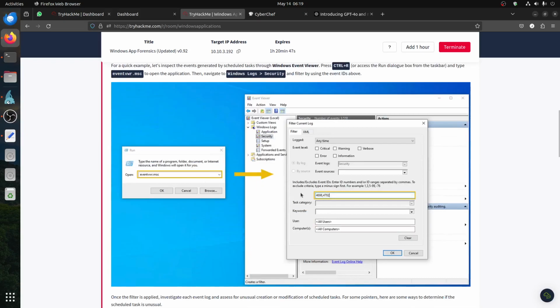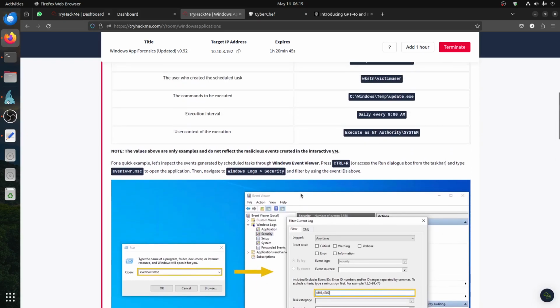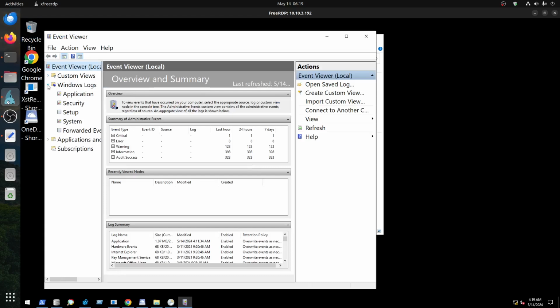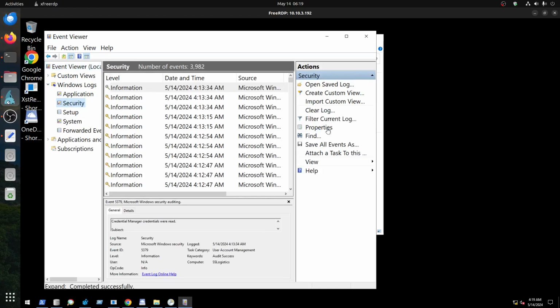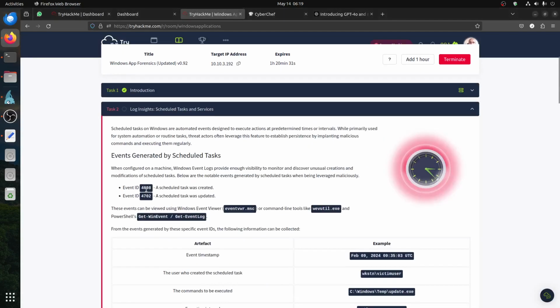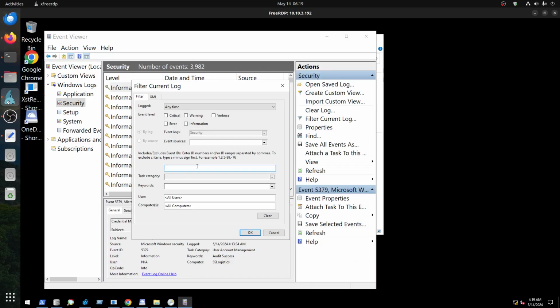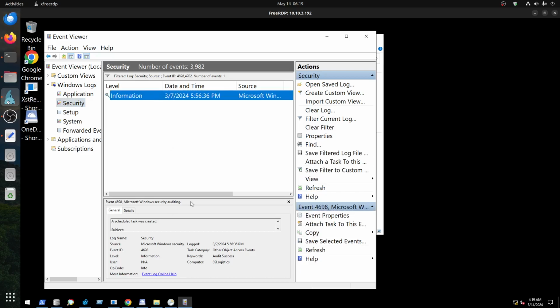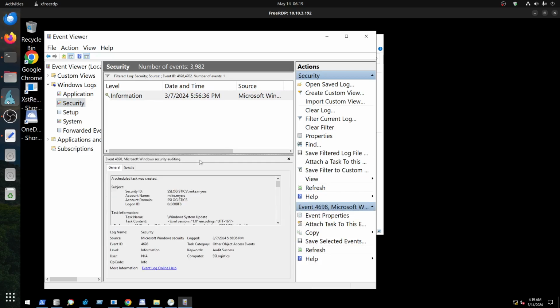Here they're looking for the event manager. Okay, so of course you look for it. I already opened them, so we look for Windows Logs, Security, and then we can filter the current log. We can have these two, the 4698 and the 4702 event log, and we can filter the security log. We have only one, and this one